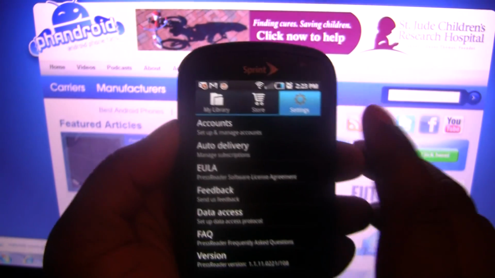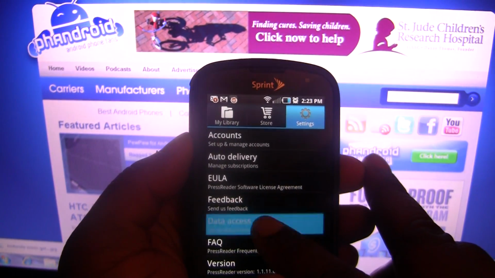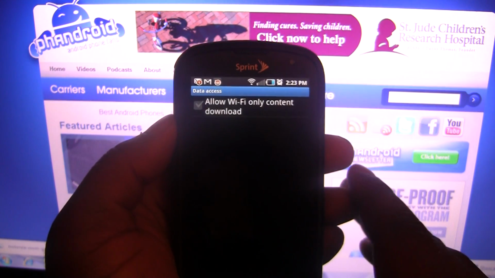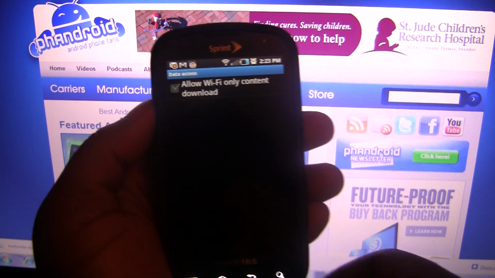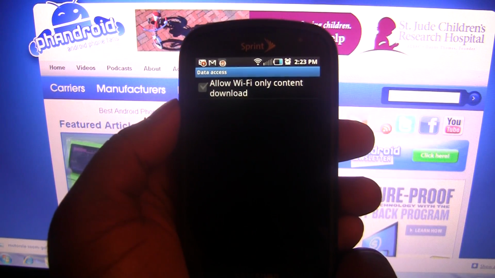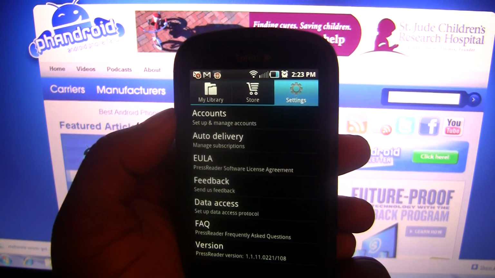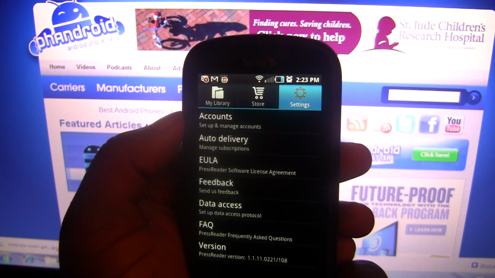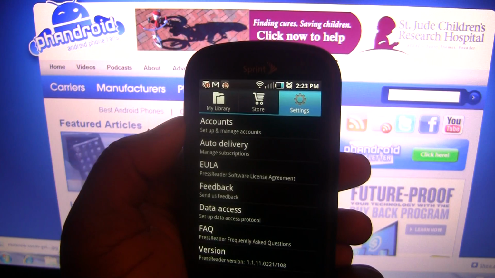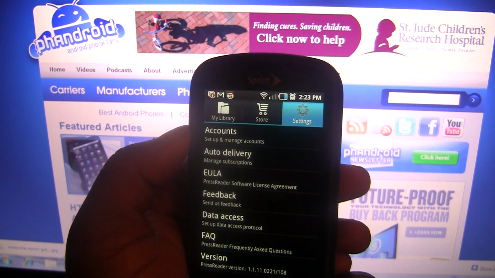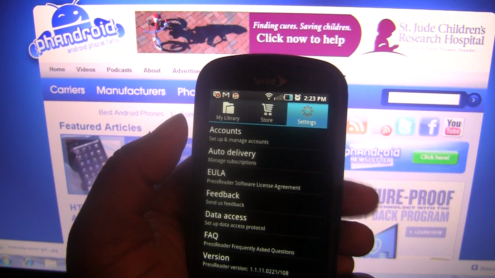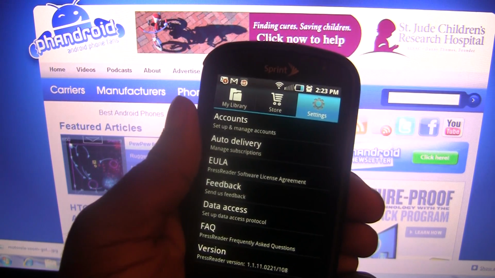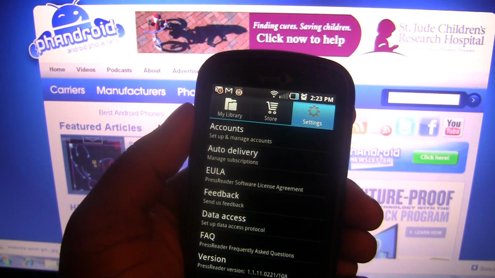Let's just check out the settings here. You can have it set to download new editions of paper on Wi-Fi only. I'll show you guys how you actually go ahead and download new papers in a minute, but you can set it to Wi-Fi only. You can't set it to a specific time, so you can't set it, say, 30 minutes or an hour after the paper is actually delivered, so that's unfortunate, but at least you can get the option to turn on Wi-Fi only, so you're not trying to download it over a very slow 3G connection or even